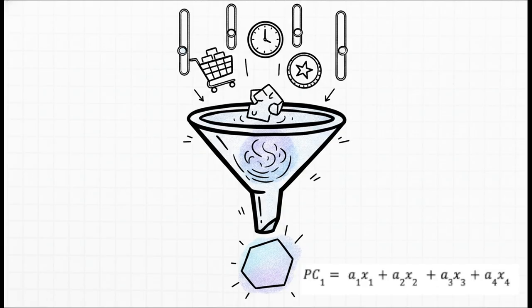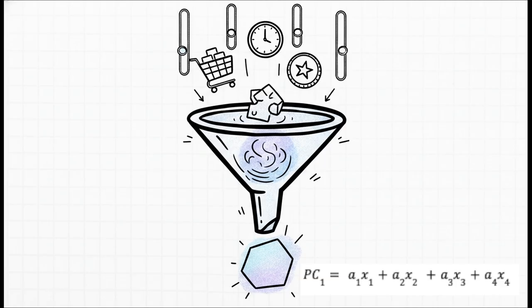PC1 is our brand new component. The X variables, those are our original features, like spending or visits. But pay close attention to the A variables. Those are the weights. PCA assigns these weights to tell us exactly how much each original feature contributes to the new component. For instance, it might heavily weight spending and visits together to create a brand new, synthesized feature that